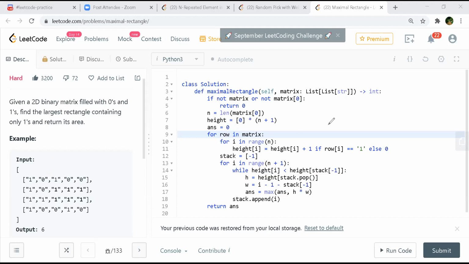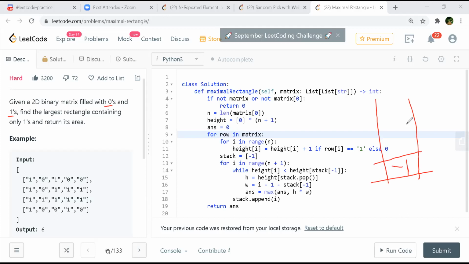Or does just that take the width? They have said with zeros and ones only, right? Negative number, I didn't get it. When you said you are actually pushing -1 first on line number 12, right? That is your last one. But when you are in this while loop, correct?